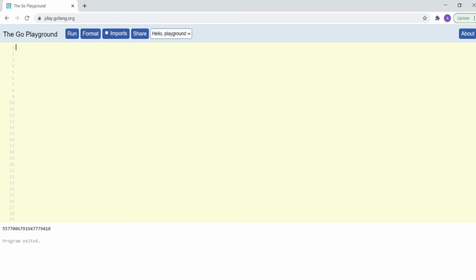Now again, I'll remove this code. Again, I'll show you another example. I'll write package main, right? I'll write import again because you have to write these two things in every single code that you write for Golang. I'll again import fmt. I'll go and import math, func main again, and